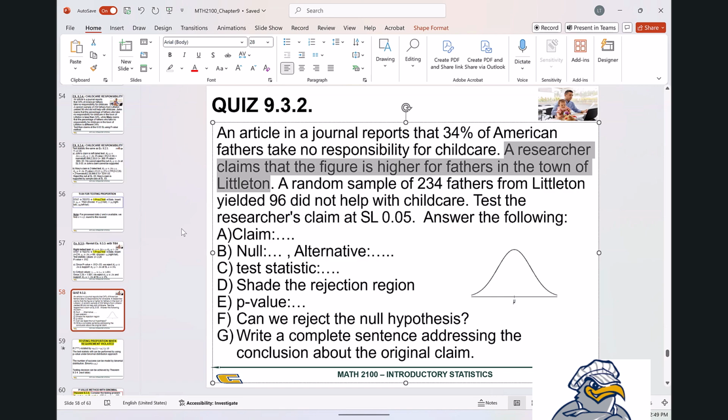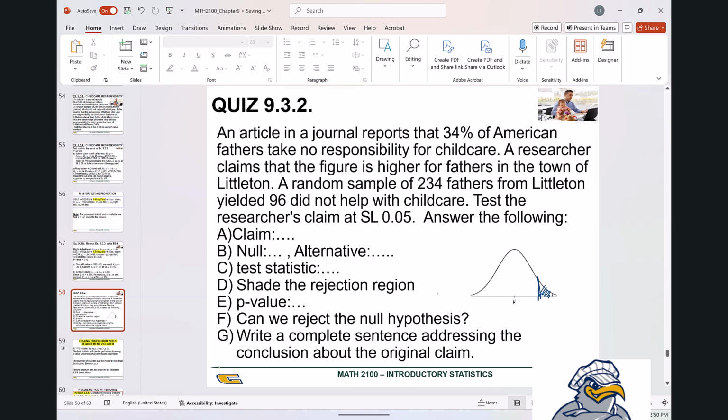The test statistic, just exactly what you got before, right? p hat minus p naught divided by the square root of p naught times 1 minus p naught divided by n. And you plug in and you should get the value of 2.26, right? If you keep 3 decimals it will be 2.269. And I shaded the rejection region, so this is a new thing, right? In this case, because we work with a right tail test problem, the rejection region will be the right tail, okay? So it'd be like this. You can shade that. What's the p-value? Just exactly what we calculated here, right? The p-value will be